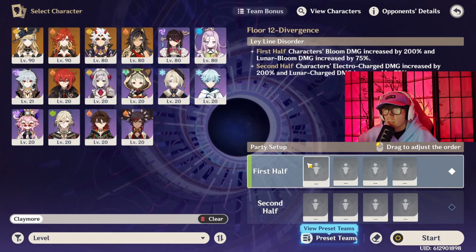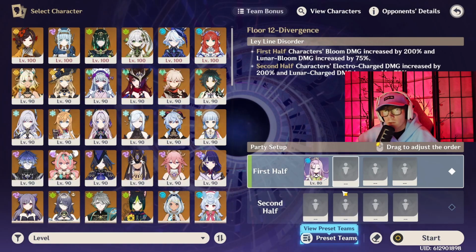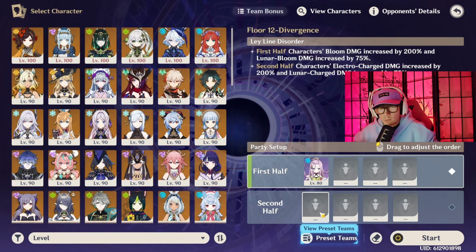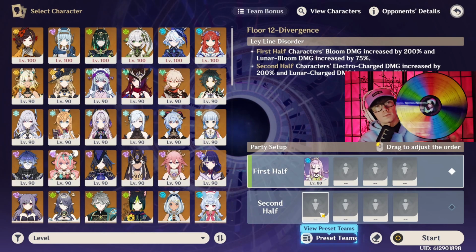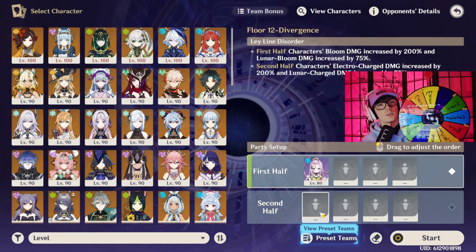So I am actually going to take her here in this first half, just because I'm not sure what else we'll get. I feel like it's the safest choice. It sucks to have to use her on the Bloom half rather than the Lunar Charge half, but gotta take what we can get. So going with that. Second pick will be